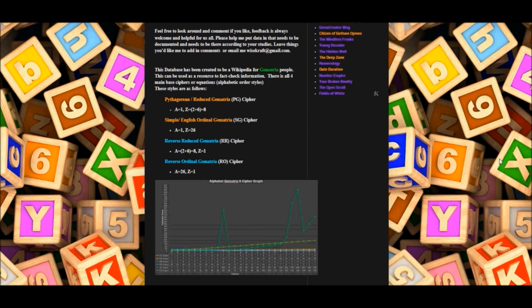Reverse reduced Gematria, or RR cipher, A equals 2 plus 6 equals 8, Z equals 1. Reverse ordinal Gematria, RO cipher, A equals 26, Z equals 1.